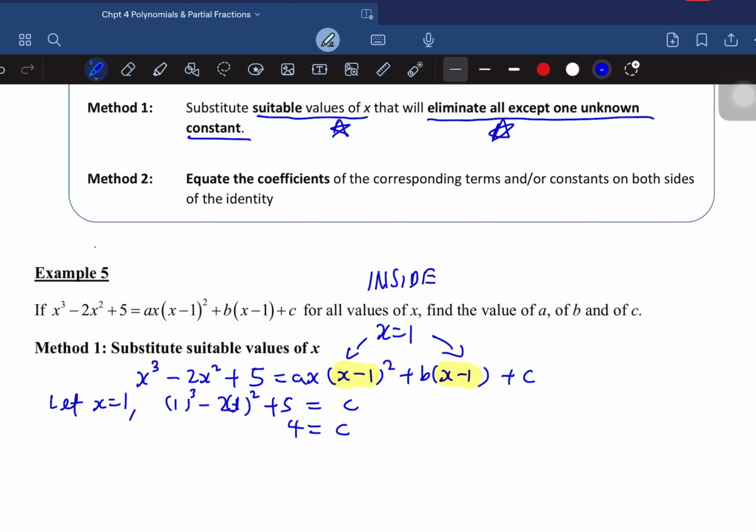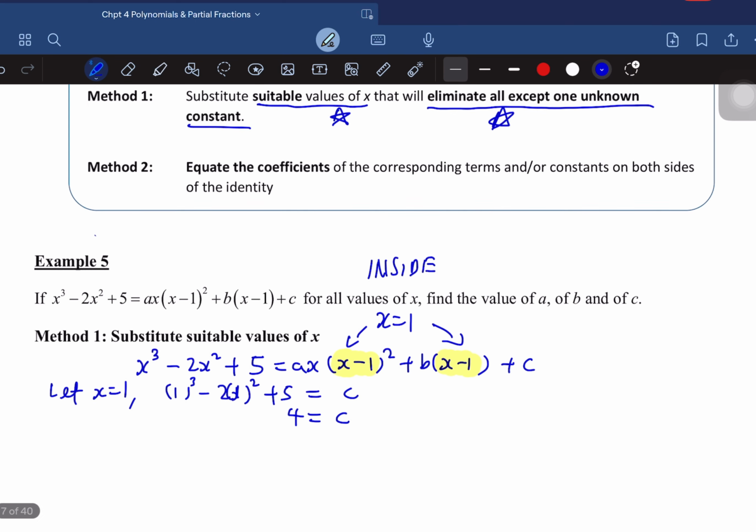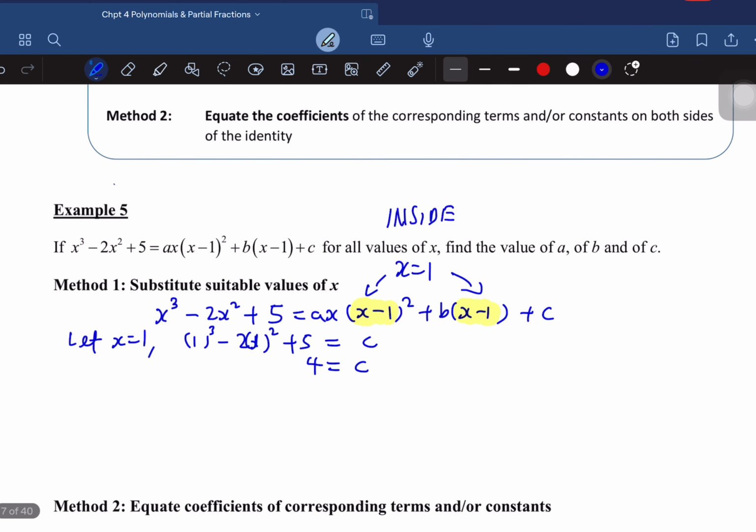Then after that, there's no more linear expression inside the bracket for us to sub in. So what do we do? If there's nothing more for us to sub, we can sub in 0, which is the universal number to sub in. So I'll say let x equals to 0. So I have 5 on my left, because 0 minus 0 plus 5, I have 5. So then